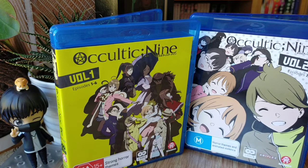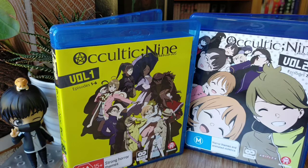But yeah, Occultic;Nine, it's one of these similar, like, there's a mystery, and we're going to find out what the actual thing behind it is. Not my favorite of these. Steins;Gate isn't my favorite either. Honestly, Robotics;Notes is my favorite of this verse, these various iterations of mysteries. I do like Steins;Gate, though. But yeah, for the price that I paid,